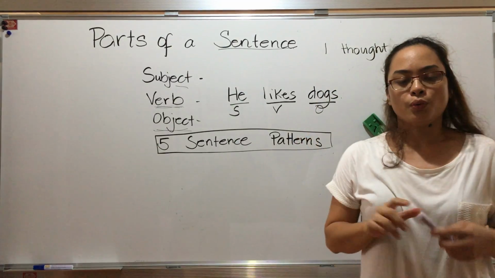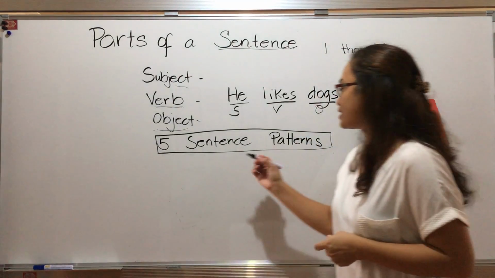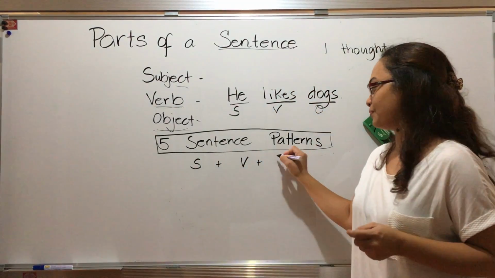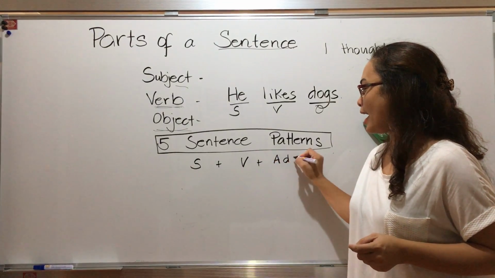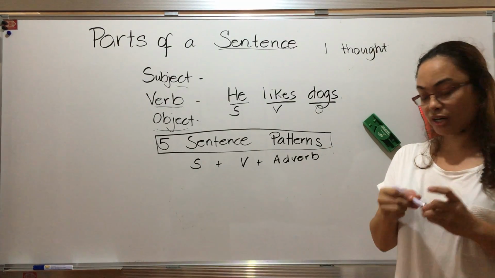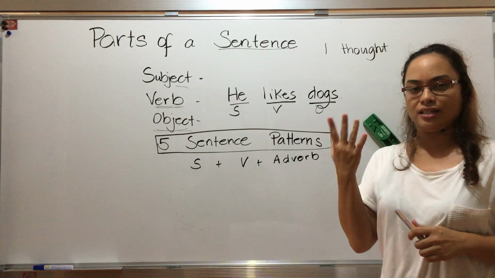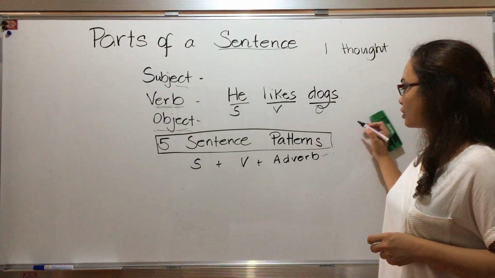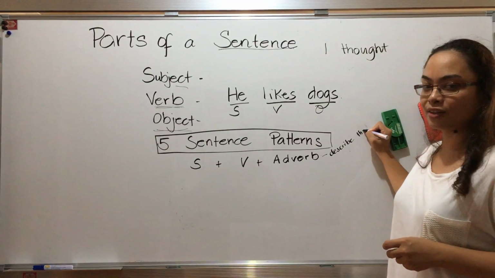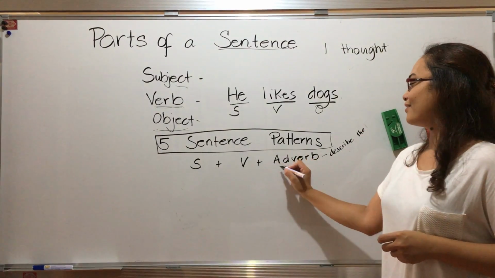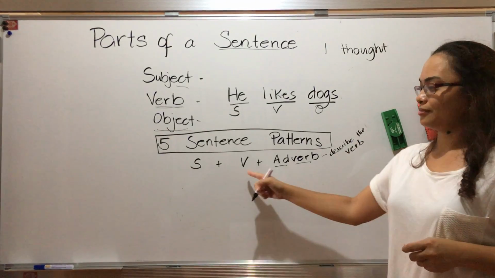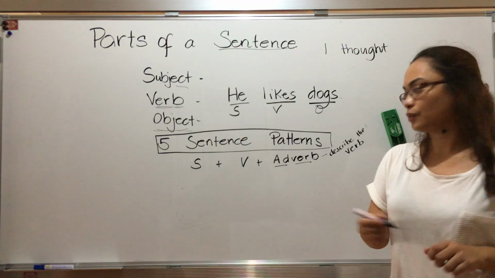Okay? We are on the fourth one. The fourth one is our subject plus verb plus another A. But this time it's adverb. Okay? Don't confuse your adverb with adjective. They're different. Adverb will describe the what? From the word adverb. So describe the verb. This one. Okay? So example will be